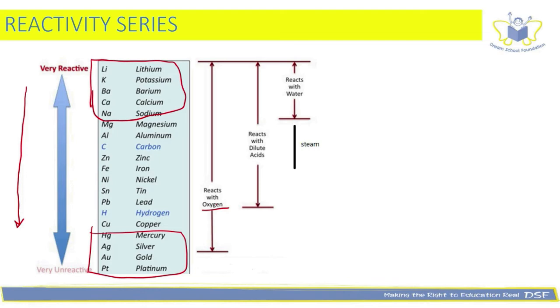Most metals react with oxygen to form metal oxides, some of which are basic in nature and some are amphoteric. And we also saw how it reacts with dilute acids. Any metals that are placed above hydrogen have the ability to displace the hydrogen in the acids and release it as hydrogen gas. Then when it comes to water, we saw that the reactivity obviously goes up as you go